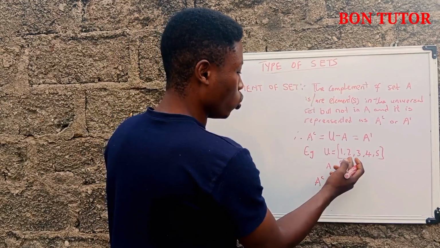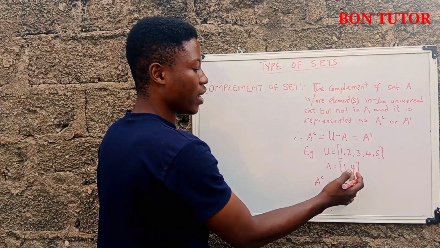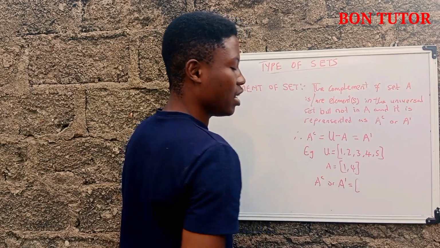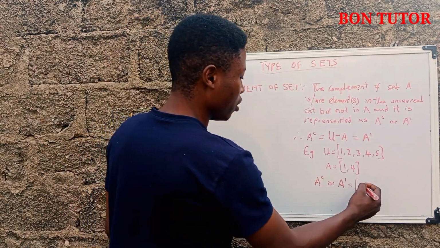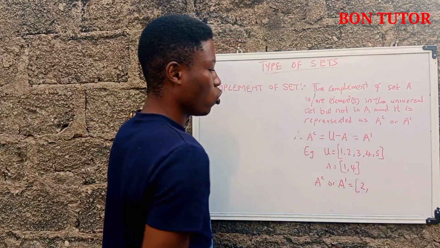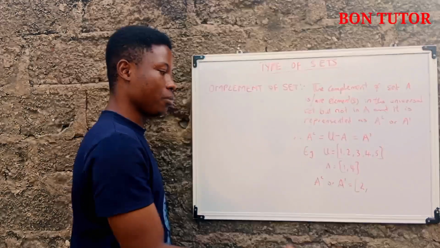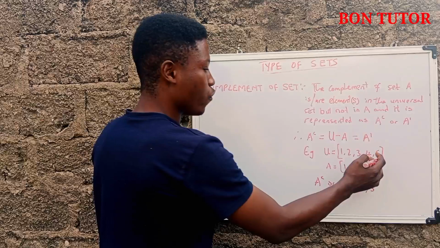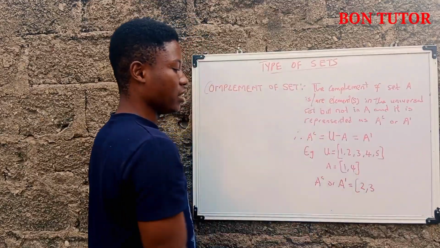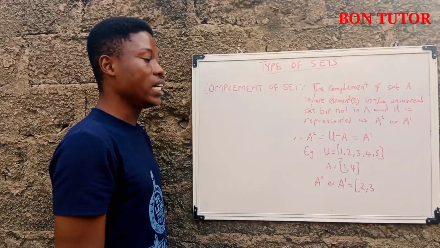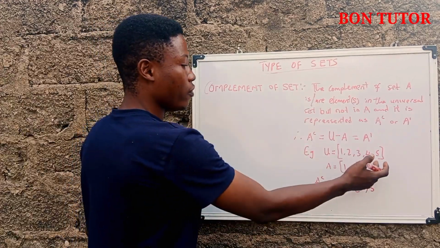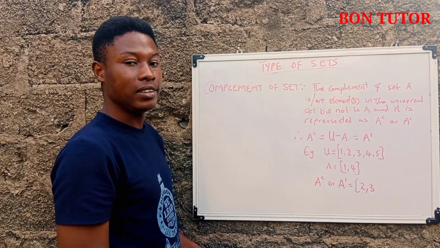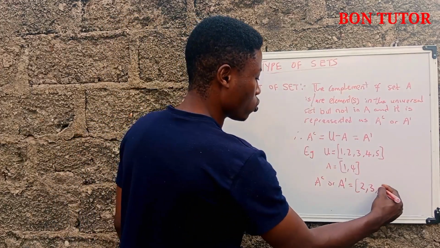You have 2 in the universal set but you cannot find it in set A. So the first element you'll have in A complement will be 2, comma, you have 3 in the universal set but you can't find it in set A, then 3 is included. You have 4 in the universal set and you also have it in set A, so 4 is excluded. You have 5 in the universal set but you cannot find it in set A, that means 5 is also